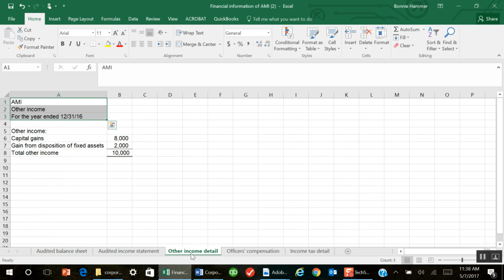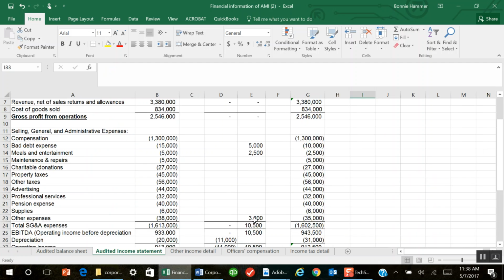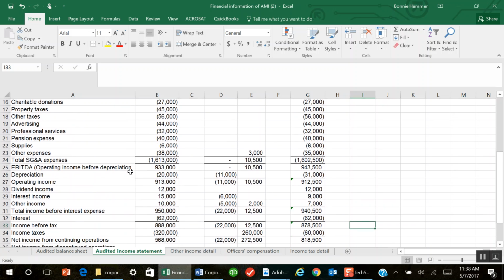The other income detail was simply given to you on a book basis by the client in our fact pattern. So AMI gave us this other income detail, which that $10,000 ties up to other income on this next tab right here. And the reason that you, the tax return preparer, would have asked someone from AMI for this is because you would have looked at this $10,000 and said to yourself,